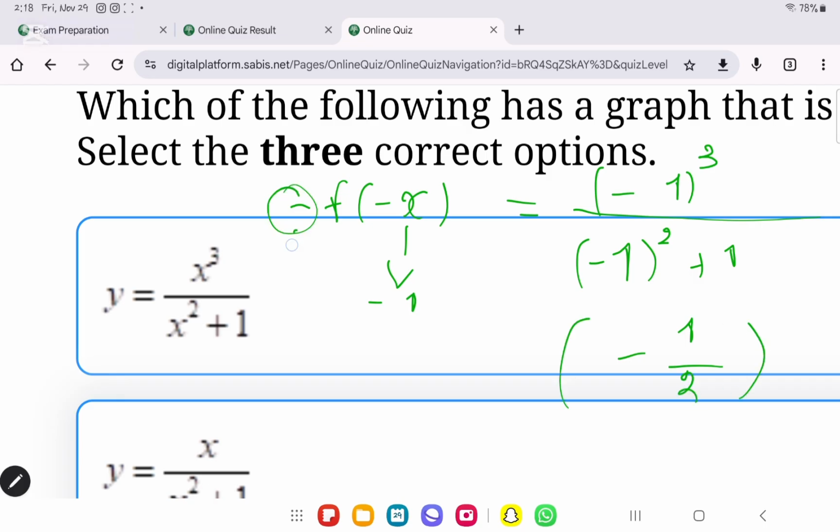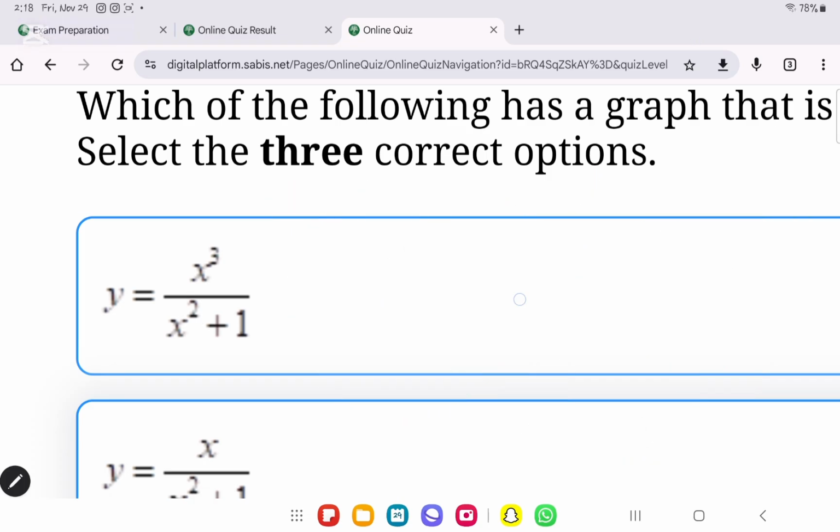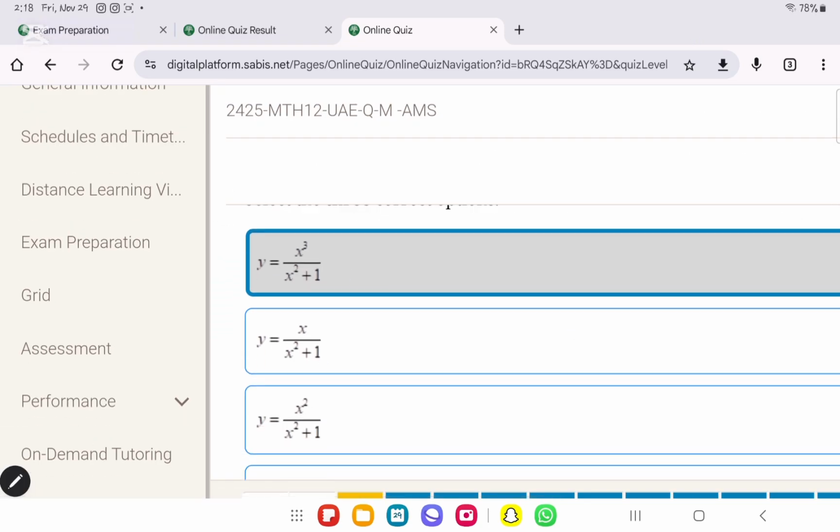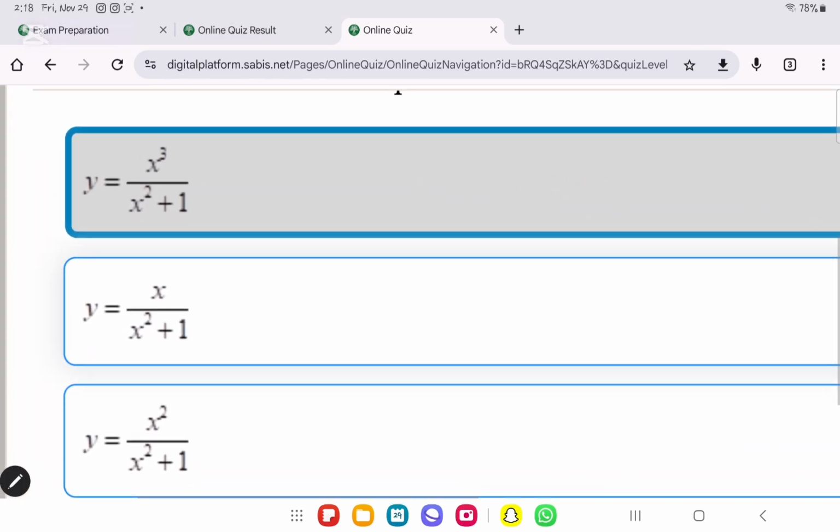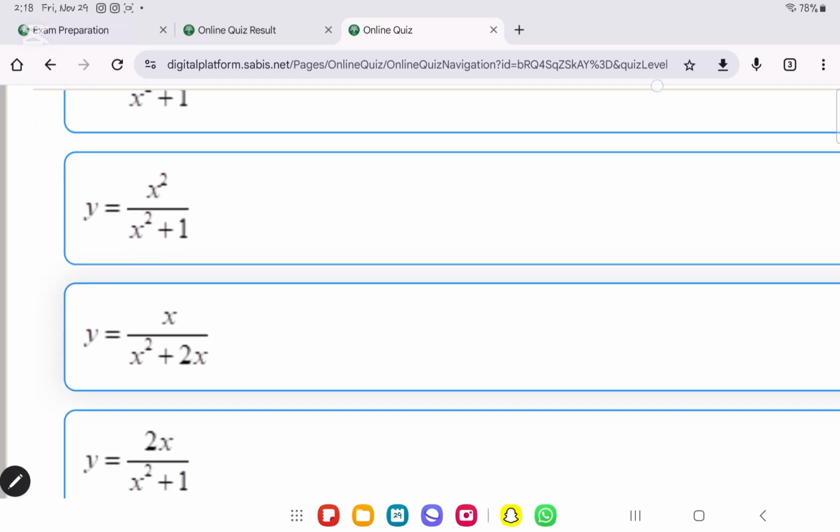We said minus f minus x. So we're going to multiply all of this by minus. And then we're going to get 1 over 2. So 1 over 2 is equal to the original one, which was 1 over 2. That means this is an odd function. Next step, okay,